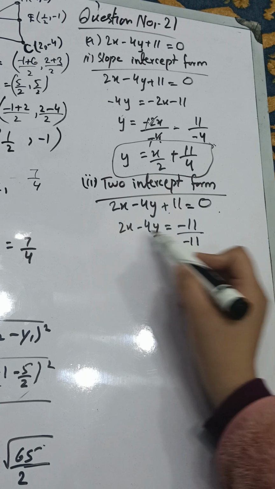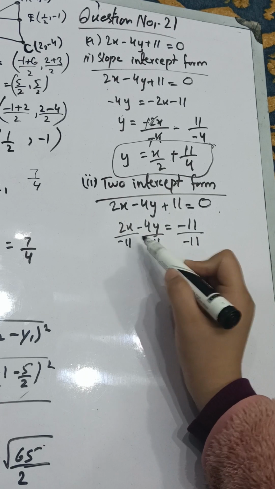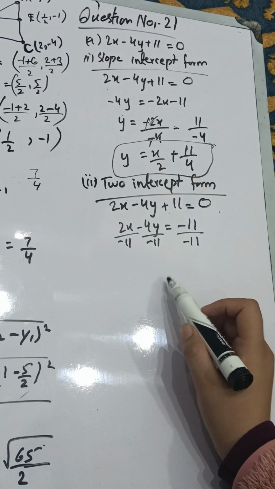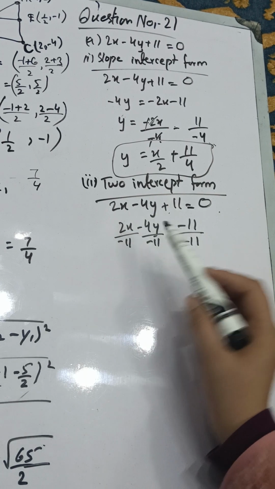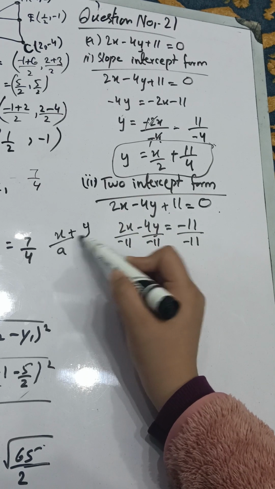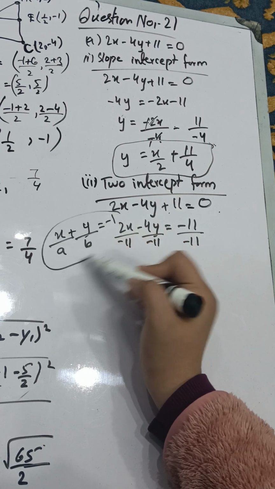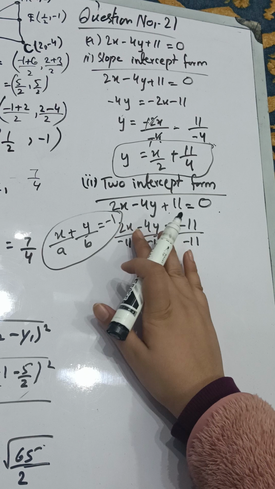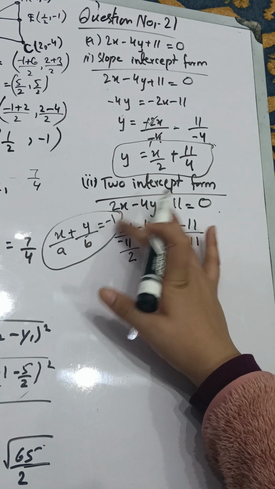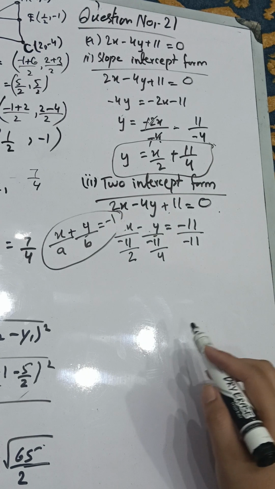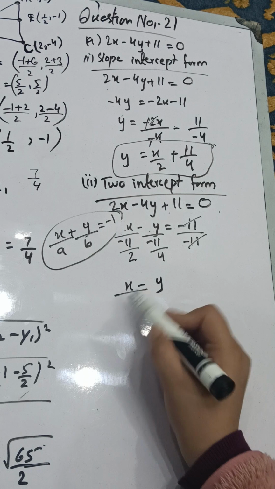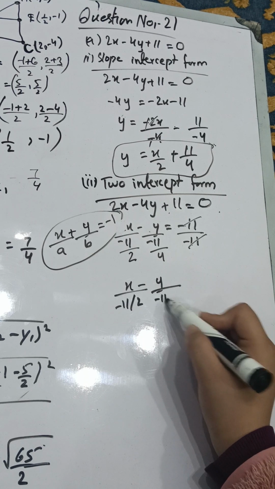अब इस -11 को आपने बोथ साइड डिवाइड करना है। और अब इसको हमने सॉल्व करना है। सो अब आप लोगों ने अपने इस x और इस y को ऊपर अकेला छोड़ना है। ठीक है, क्योंकि आप लोगों ने इंटरसेप्ट फॉर्म बनानी है जो कुछ इस तरह होती है, x/a + y/b। आपने इसको इस तरह बनाना है। सो यहाँ पर 2 और 4 लिखा हुआ है, हमने इसको खत्म करना है। तो हम 2 को नीचे लाएंगे, ये 11 से डिवाइड होगा, 4 भी इसी तरह हो जाएगा। यहाँ पर ये 11 आपस में कट जाएगा। सो आपके पास जो आंसर आएगा वो कुछ इस तरह से आएगा, -11/2 और ये होगा -11/4।